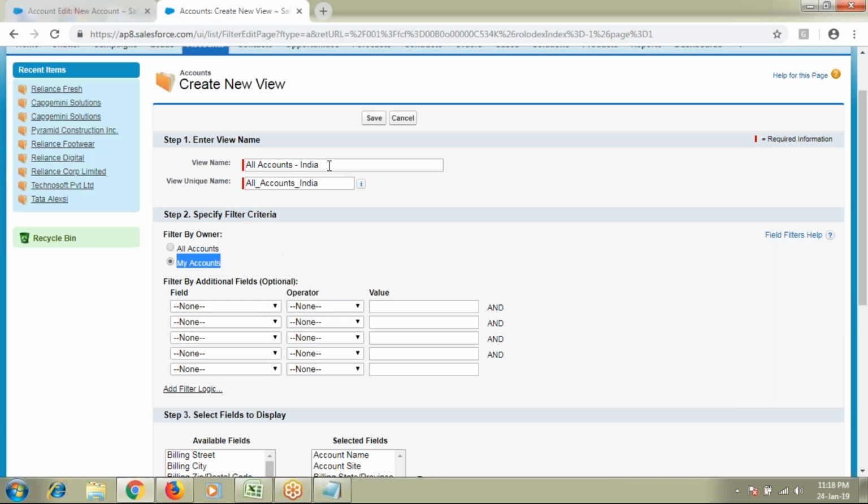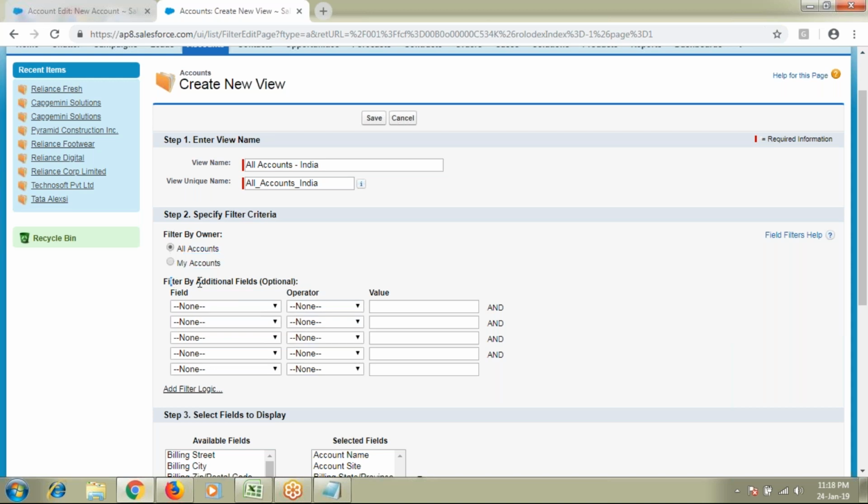When I create the same kind of list view in real time, there might be thousands of records satisfying billing country equals India. But I'm not concerned about other sales users' records. I'm only concerned about my records where I am the owner. So in real time, instead of selecting all accounts, I can select my personal accounts where I am the owner. Okay, I'll select all accounts.